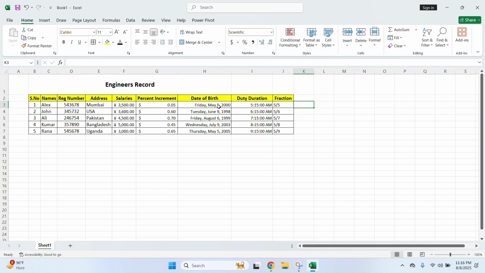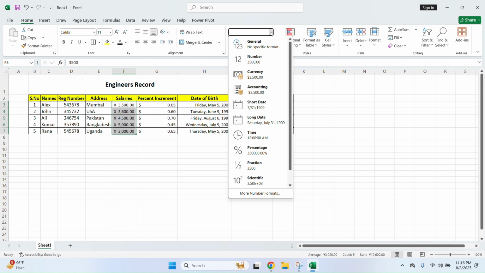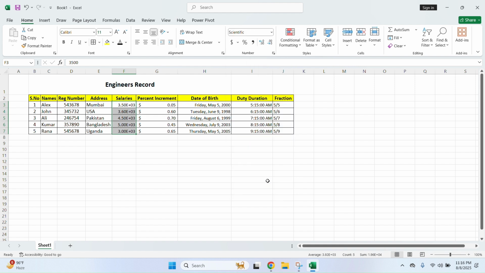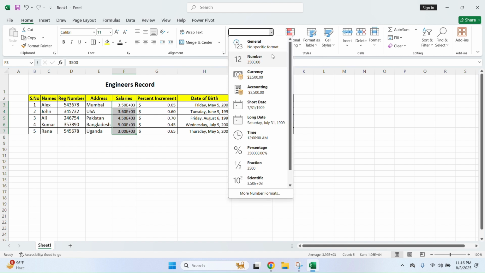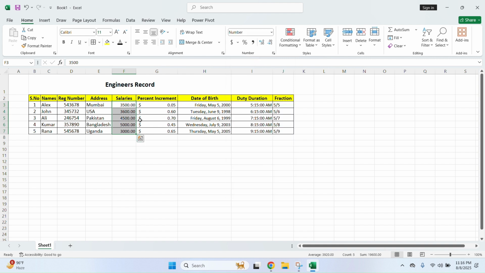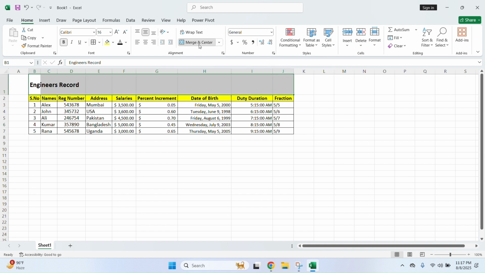The scientific is used for 10 raised to the power. For example, I have the salaries and I want to show them in the scientific way, 10 raised to the power. So I will click this, 10 raised to the power. Merge it, and you can see,